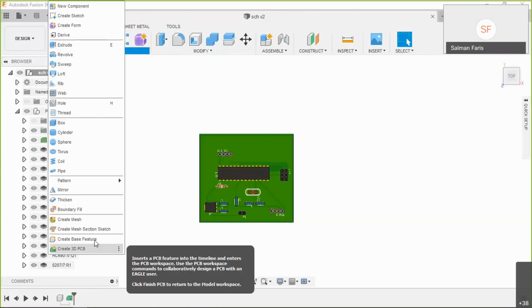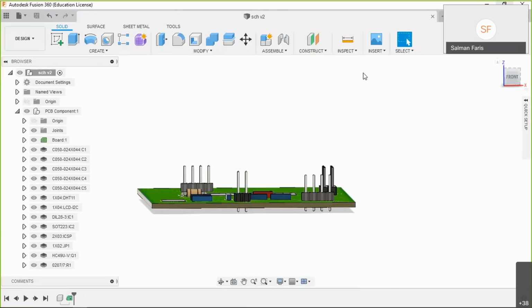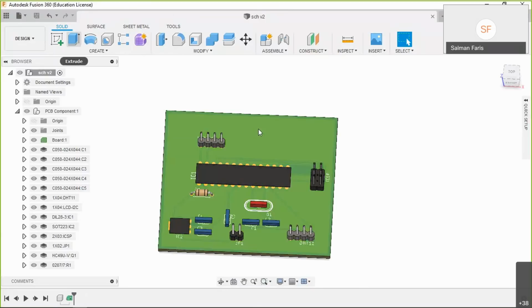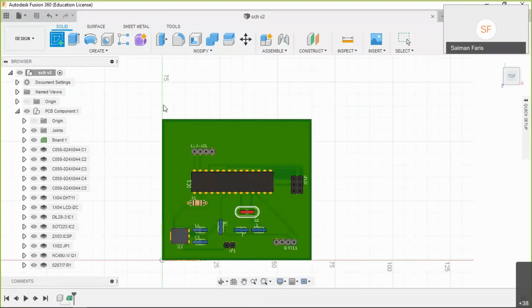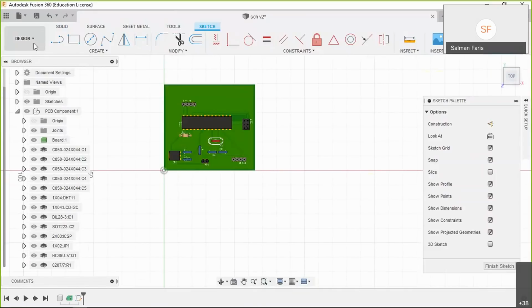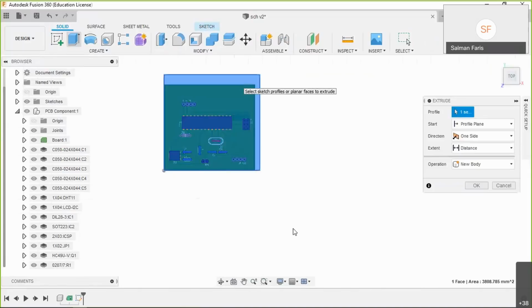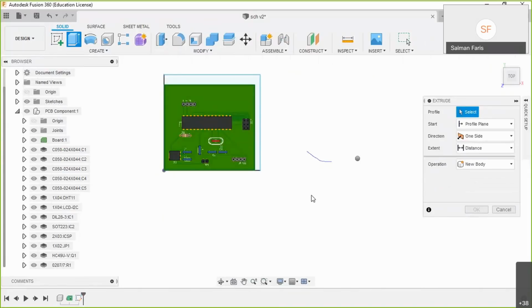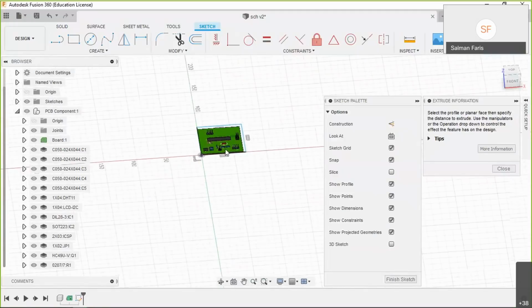So next, if you want to make some kind of enclosure for that, we are going to sketch it first. Suppose we want to make an enclosure. Okay. This is